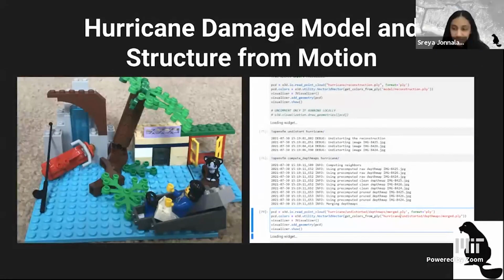Yep, and to illustrate that, we made a small scale model of the hurricane damage. As you can see, the water level is rising, so the buildings are being flooded. There's debris and fallen trees and leaves in the way. Cars are underwater, but because of our detection models, we were able to send out search and rescue teams in an efficient manner. And so this was turned into a 3D model using OpenSFM. But then in the next slide,